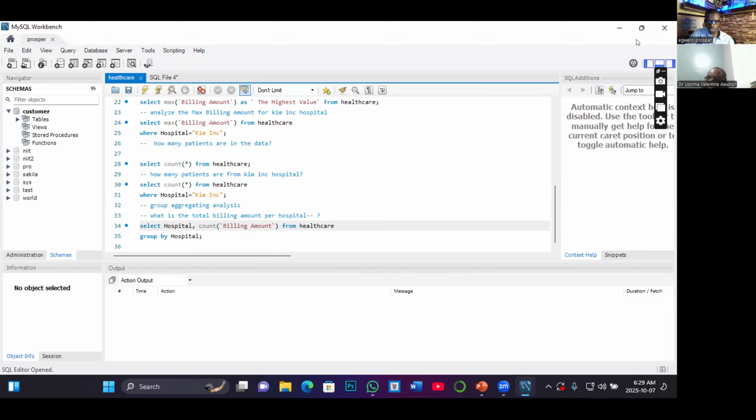What is MySQL Workbench? Okay, so what is MySQL Workbench? MySQL Workbench is a free open source